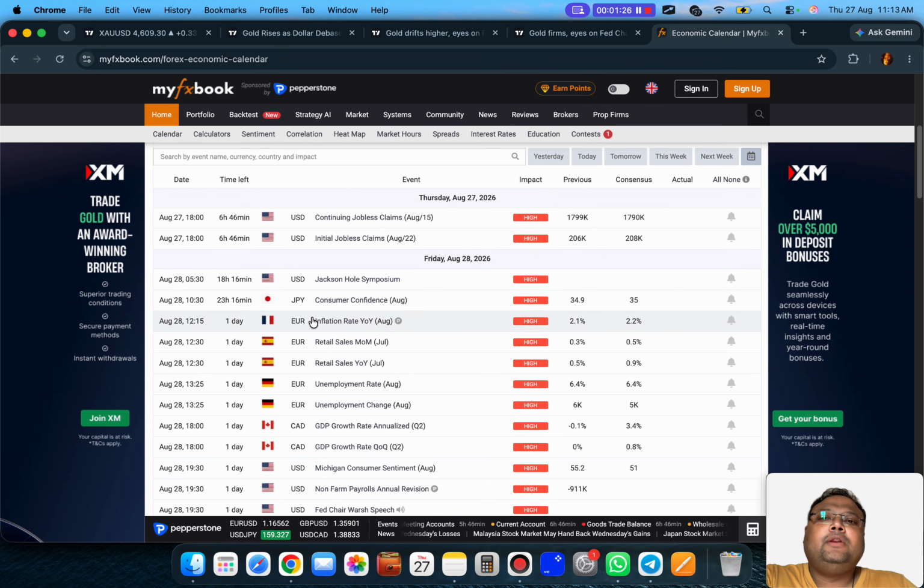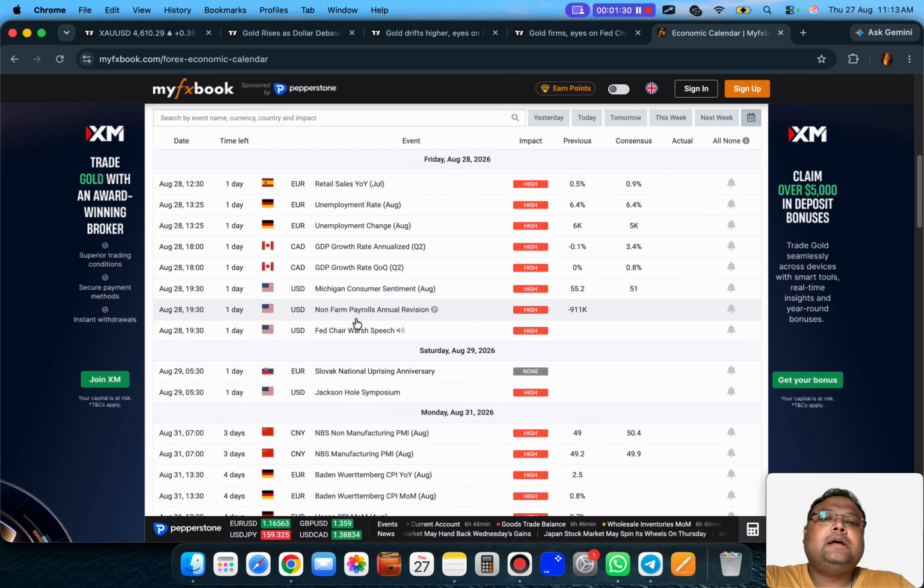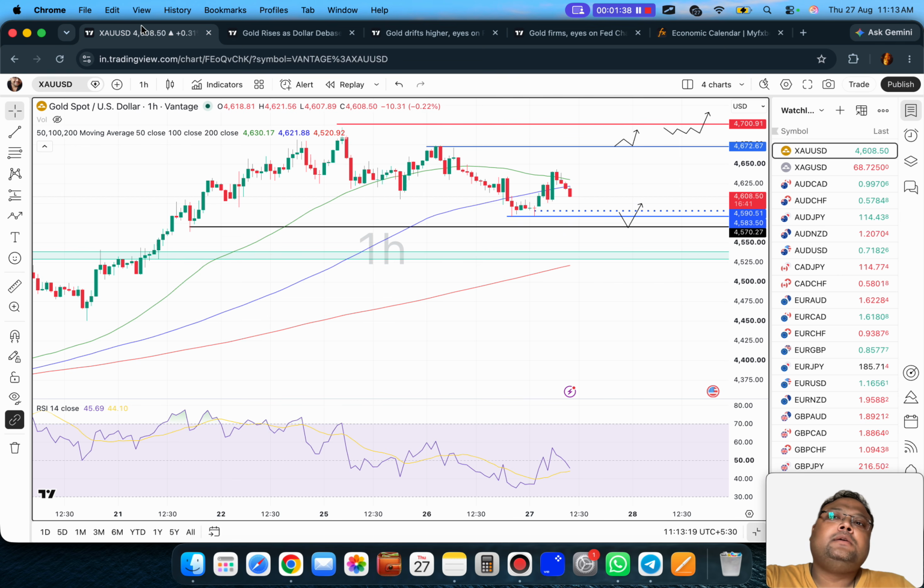And if you look at the economic calendar, you can see today we have some news coming up, initial jobless claims, and tomorrow we have the speech of the Federal Reserve Chairman. So market is waiting for tomorrow's speech here. So this is the ongoing market situation. And whenever we see that market is waiting for a big news or some speech or comments, then obviously market usually remains in a range.